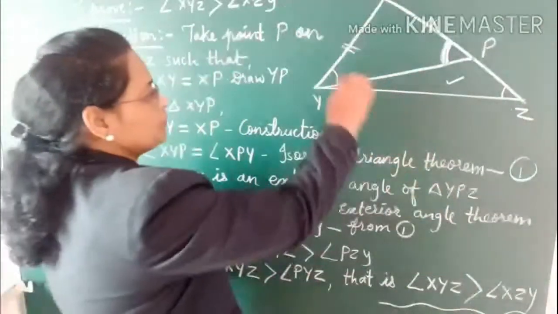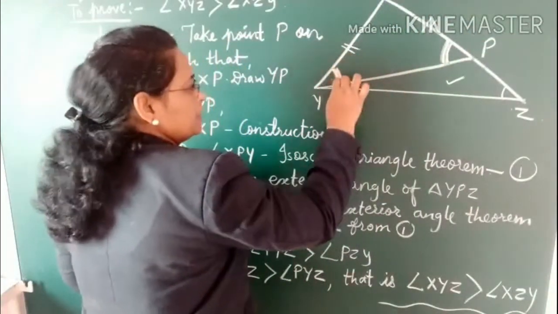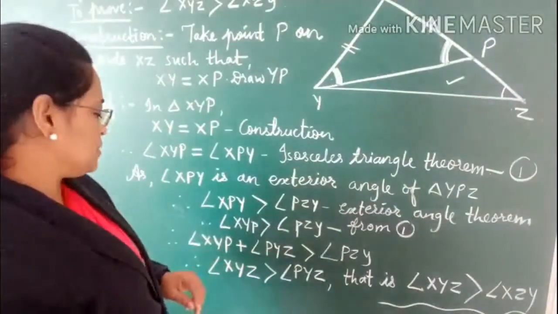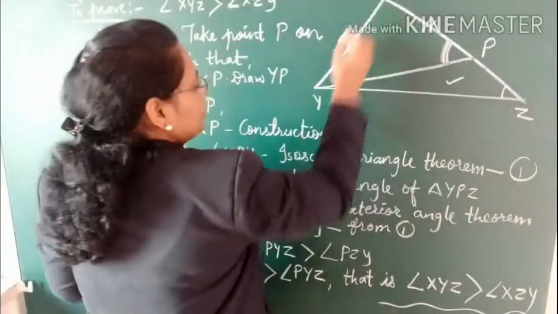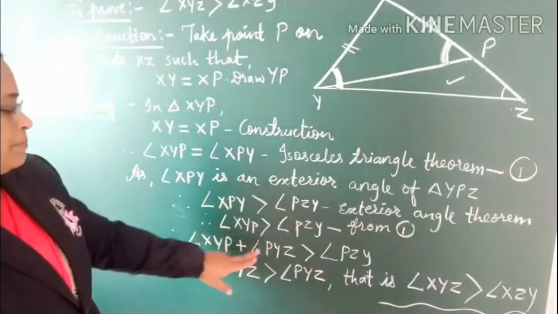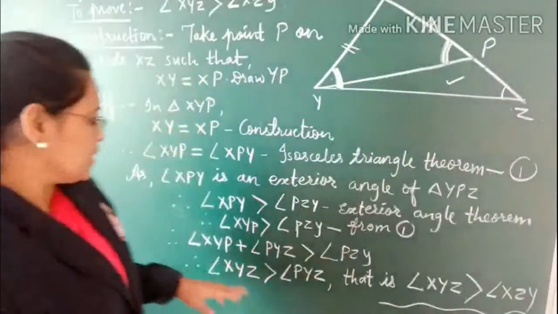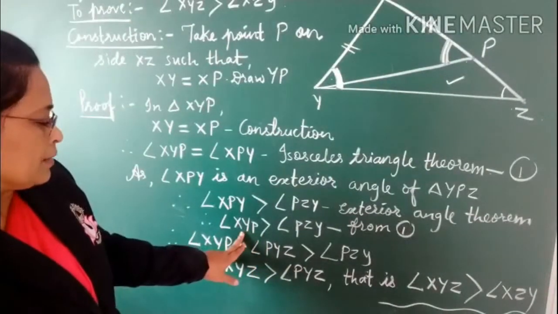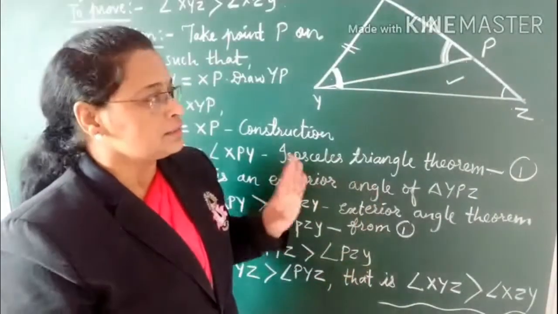Now as both of these angles are equal, in place of XPY we can write angle XYP. So replacing XPY by XYP, we'll get the same expression. Now if I add angle PYZ to angle XYP, that is, we add to the smaller angle XYP plus PYZ, then this angle remains greater and this angle remains smaller. If we add one of the angles, that is PYZ, to this angle, then also the relation between these two remains the same. Here angle PZY is smaller only.